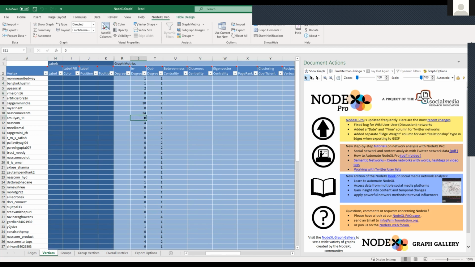So for our purposes, this is a measure of engagement. Kasi it's a number of times that I was mentioned or that I mentioned someone else. And then later on, you'll see that that's the basis for the metric that we're calling activity. It might be a bit confusing now, but I'll send you naman files and then you'll have this recording then. But we have 3 metrics, diba? And the activity is one of them. It's based on degree. And then you just want to total those 2 columns to get degree. So you just need to sum that.